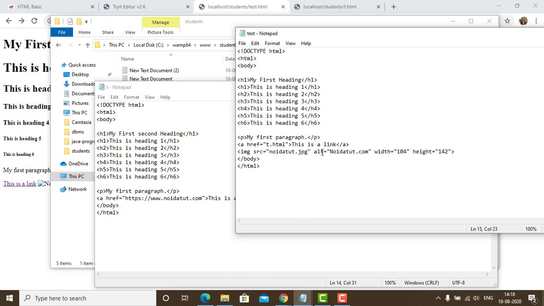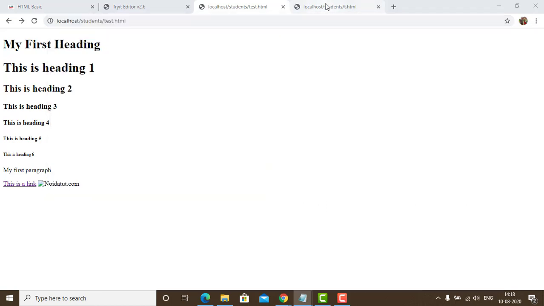Now see, we are going to remove the entire thing and paste it here. .png, PNG was the extension of the file. If we don't give the image name with the full extension, it is not going to read the full image, and again it will show the error. Now let us again check what is happening. This was the test.html. I am going to refresh the page.